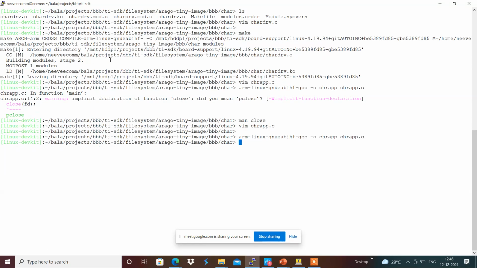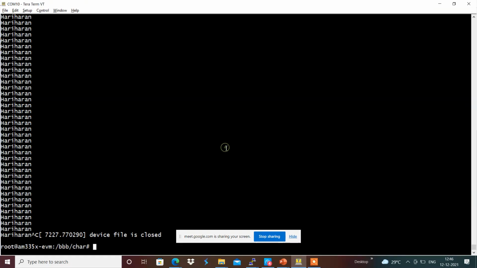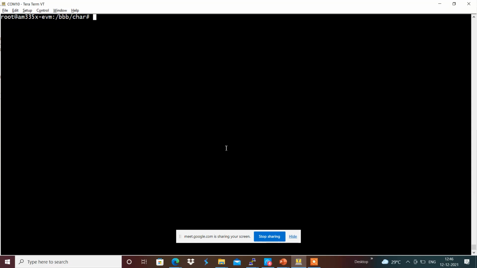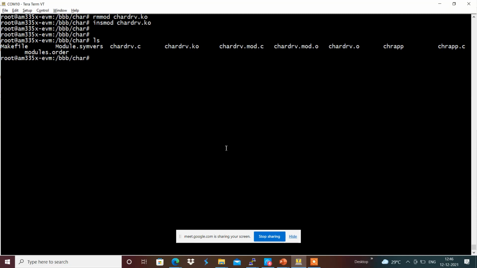accordingly. Now we will see over here, and I'm going to rmmod the earlier one. I'm going to remove it and insmod the new driver, and I did that, and I'm going to run this char app. For that, I'm going to add the, yeah, I'm going to run this application, which basically provides some kind of an open failed.